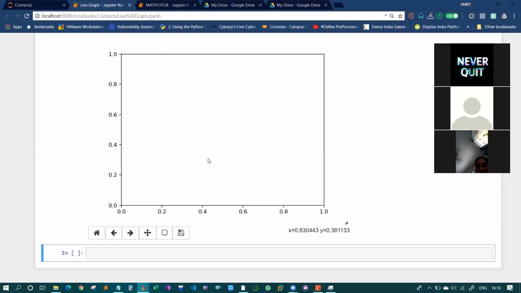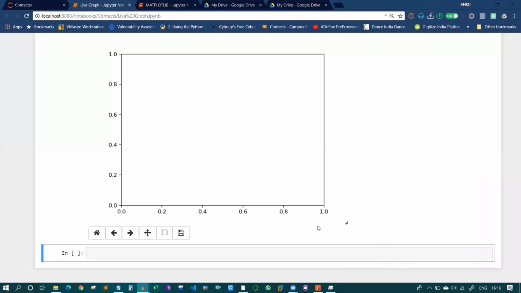So we have got our canvas, and as you move your mouse, you get the location, the x and y coordinates. We have got everything. The next thing we need to do is plot our data. Just a minute.